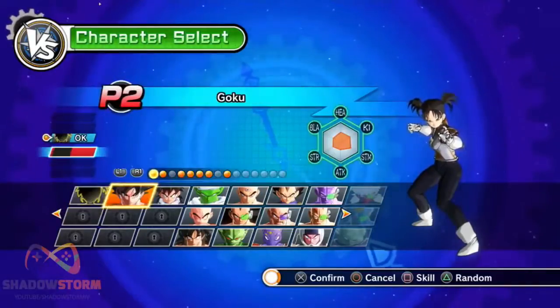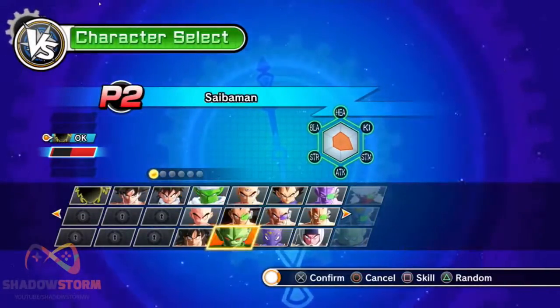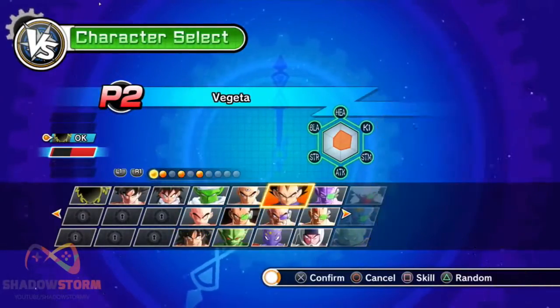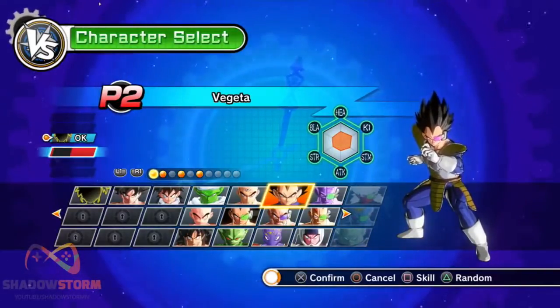Okay, you're gonna take the Saiyan. Who should I pick? Tell me. Oh man, I don't know. Get beat up on poor Yamcha maybe. Or Vegeta. Everyone loves Vegeta, so we'll get some Vegeta. Okay, so